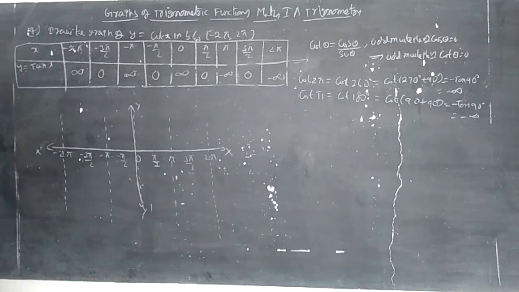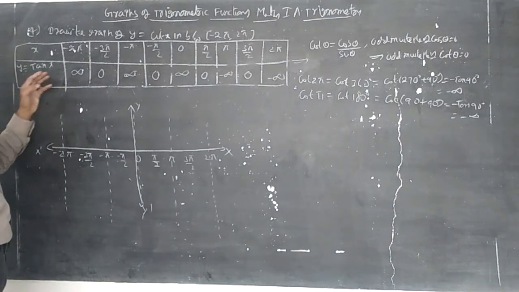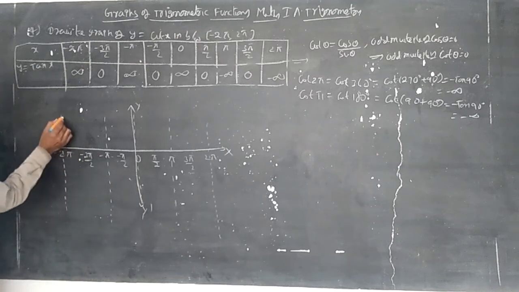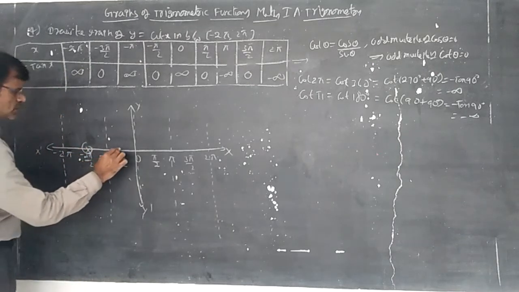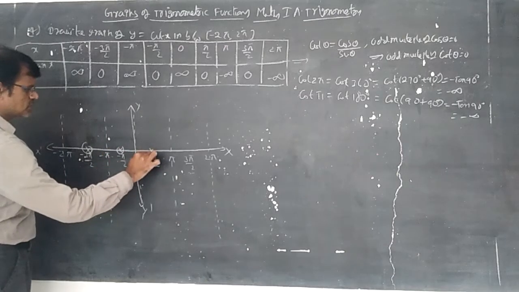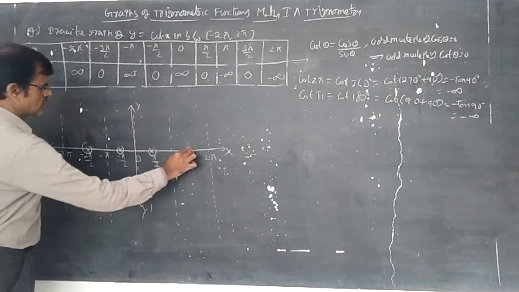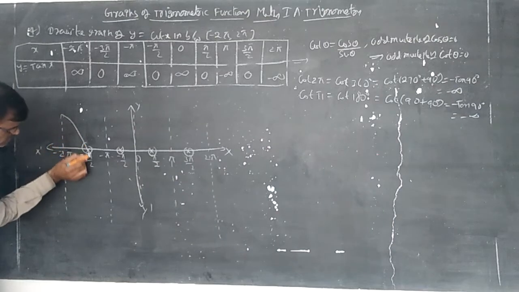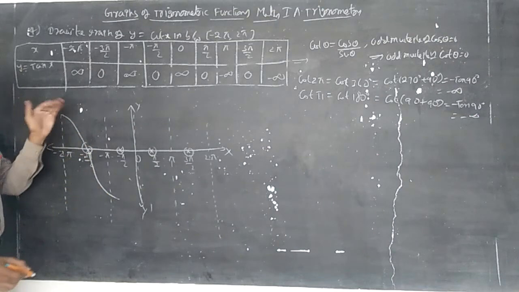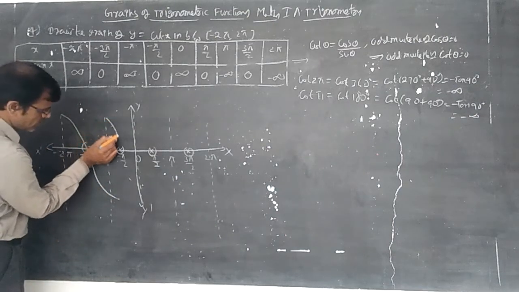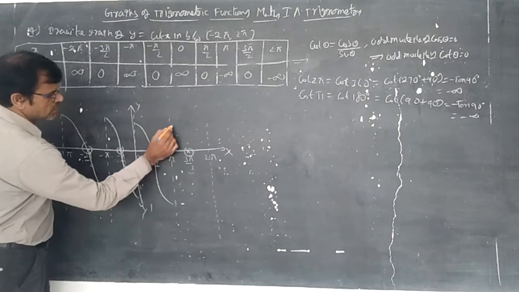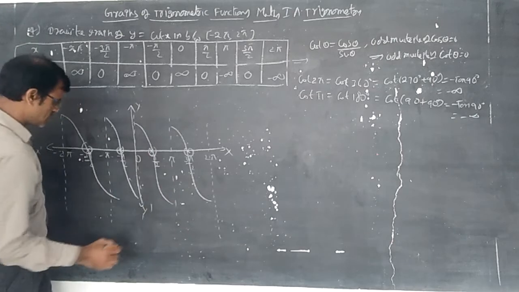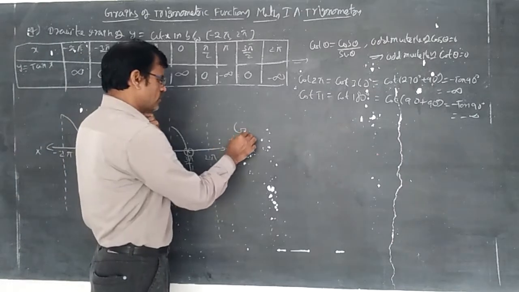Now, since cot x is a decreasing function, cot of 3 pi by 2 is equal to 0, you should write like this. Put here 0, it is a mark, this is 0. And draw like this, from here to here, drawing the graph downwards. So it is the reverse of tan x, like this you write. This is the graph of cot x.